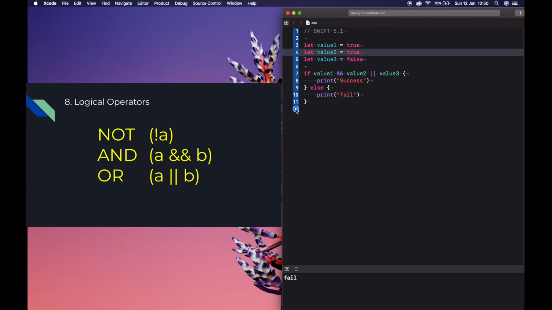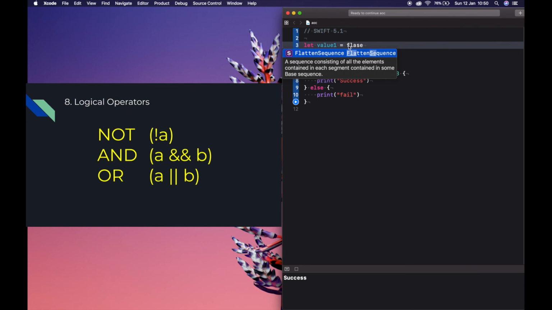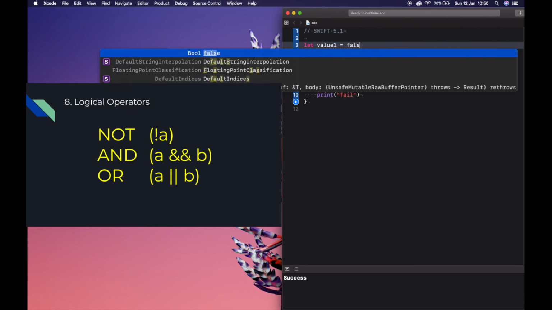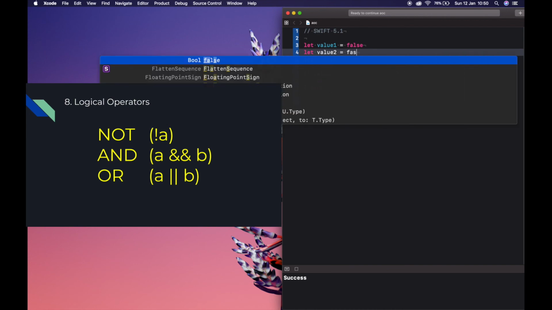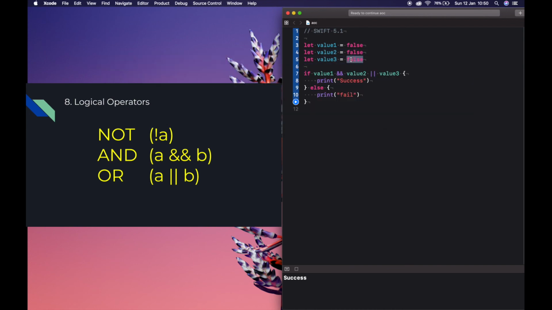This will succeed. OR false, false, true. This will succeed. Okay, this means it will first evaluate the leftmost condition, then evaluate the second one.